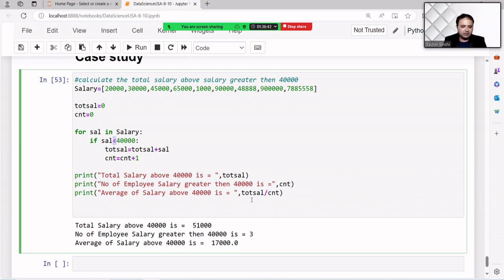Inside this one there are 3, you can see 3, and it totals them, and when divided by 3, the average of the salary is this. So it is a benefit: when we write a perfect logic, you can enter any value and see the output.